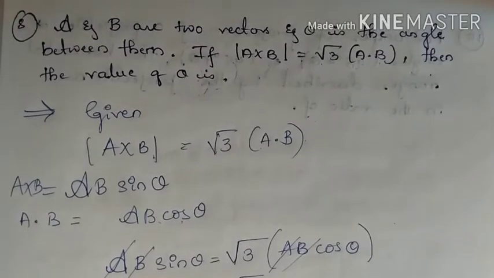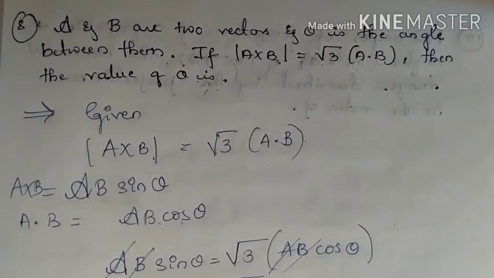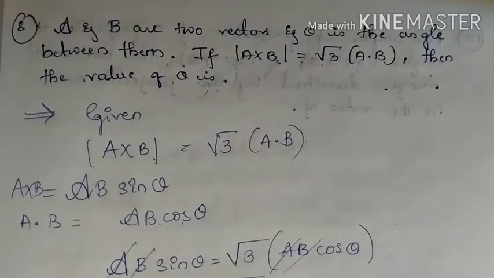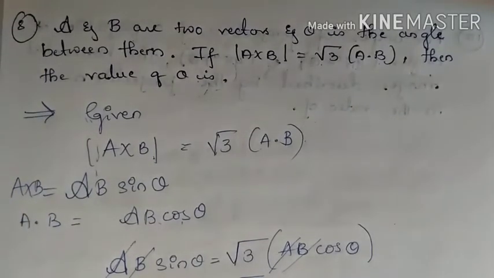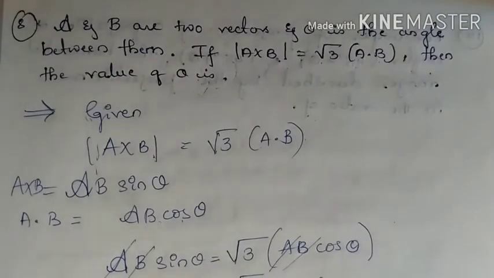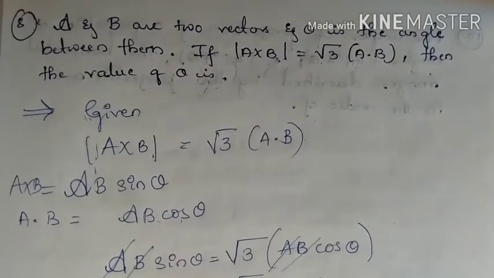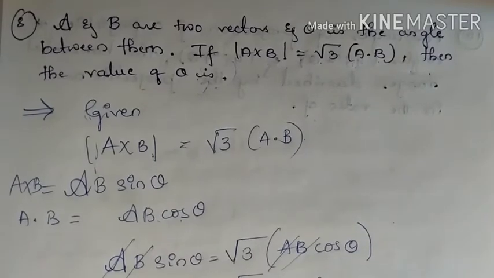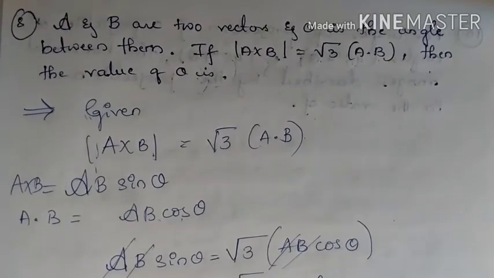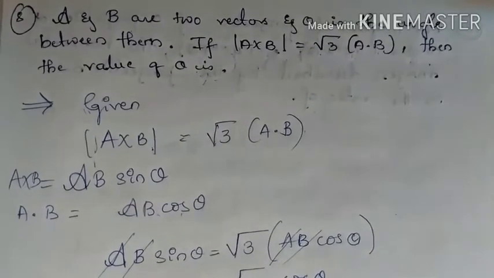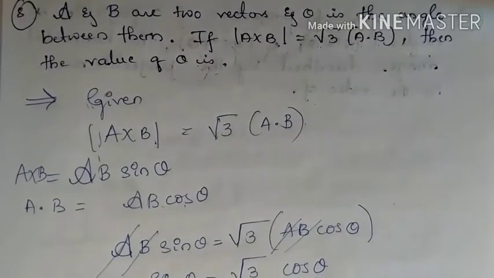I have solved question numbers 5, 6 and 7 in nearly 5 to 6 lines. Even in your CET examination, you needn't write the given data. You can directly solve and mark the answer. In CET, objective type questions will be there with marking. So you can solve the question in 2 or 3 lines, then mark the answer. So that is for CET questions. These last 4 questions which I have discussed are from the CET book.